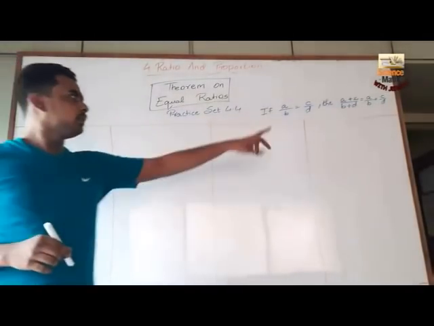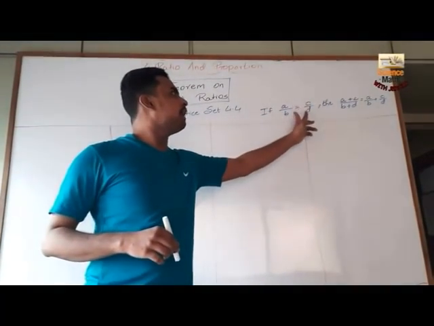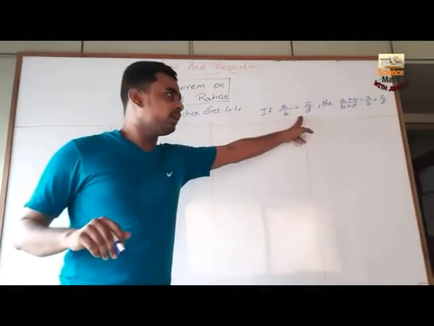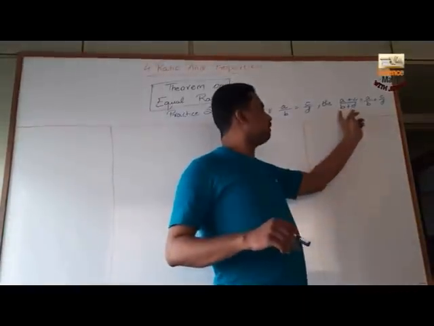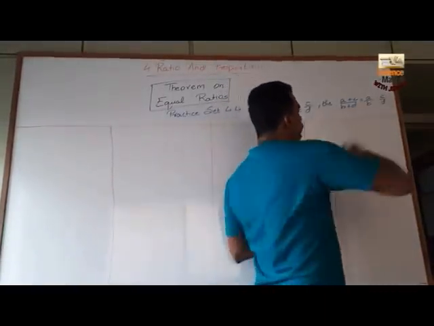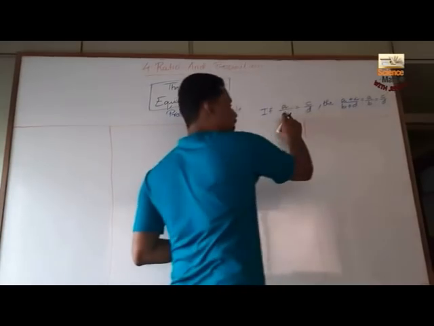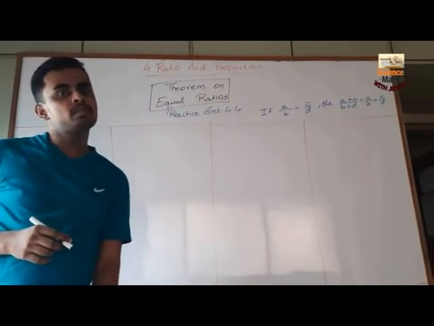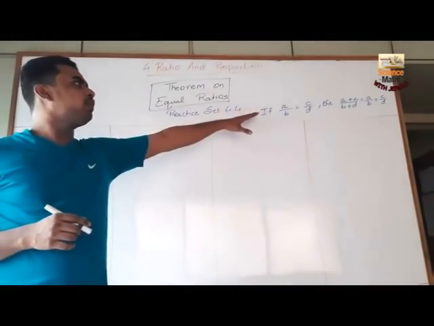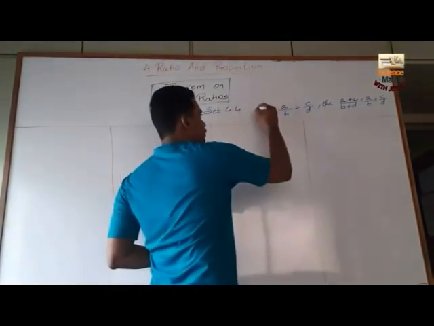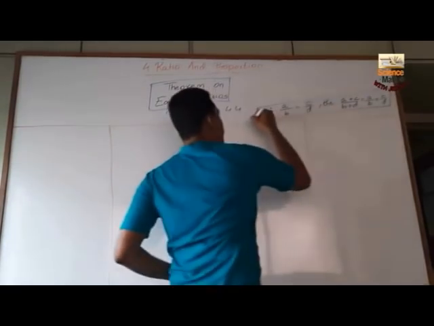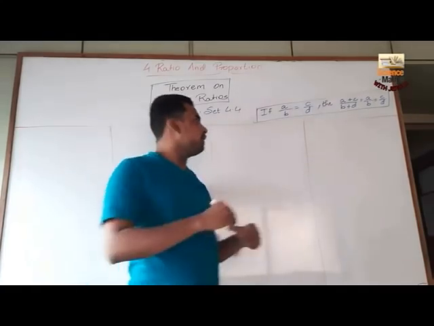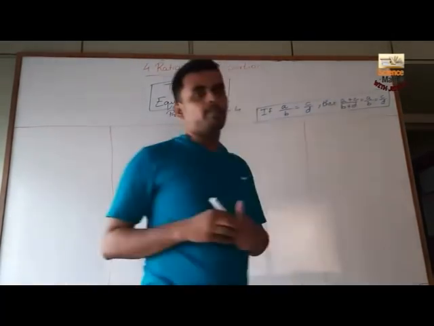What does this tell us? If I have two equal ratios, and if I add the numerator to numerator and denominator to denominator of both the ratios, still the new ratio that will be found will be equal to both the ratios. That is, it will be equal to A upon B, as well as C upon D as well. This is what the property is all about, and this property, that is theorem on equal ratios, we will be applying in the practice set